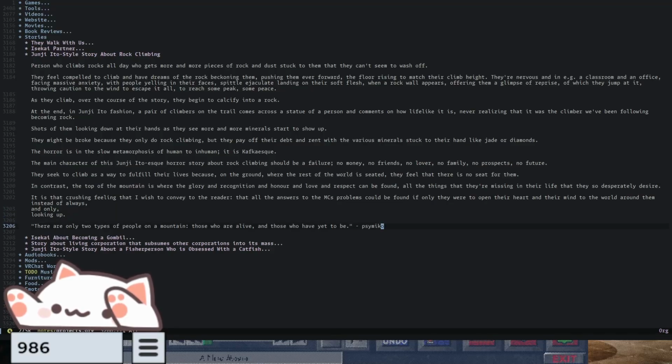There are only two types of people on the mountain: those who are alive and those who have yet to be. That was by that one random chatter that came in that one time we played Peak Zero. Like, that's an amazing quote to put into this film. Okay, there are only two types of people on the mountain: those who are alive and those who have yet to be. I want that to be said